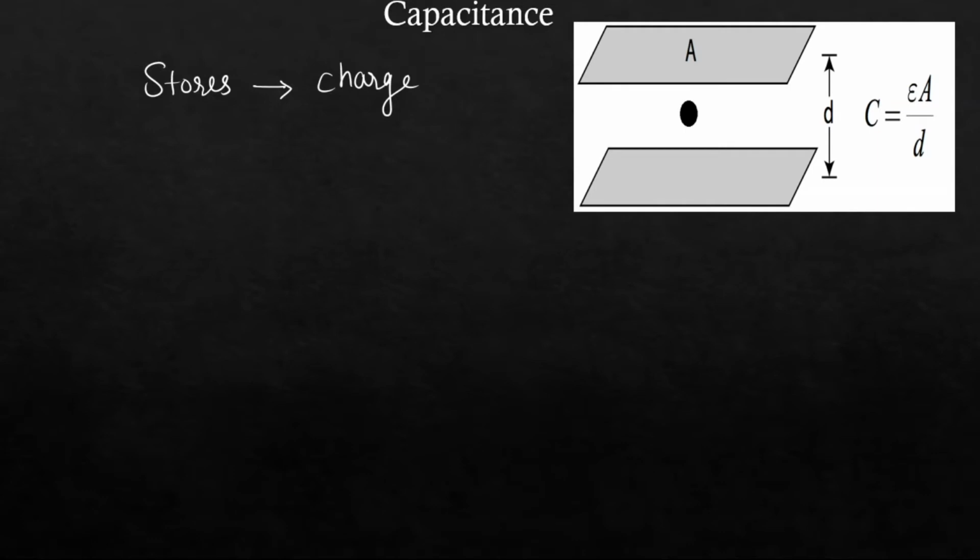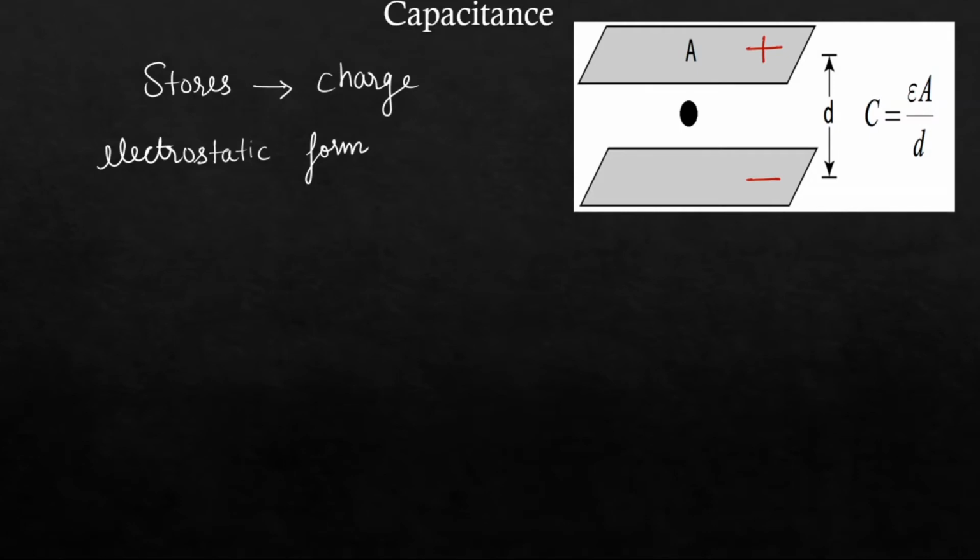A capacitor is nothing but a combination of two parallel plates laid out at some distance d. That is your capacitor. One plate will store a positive charge, another will store a negative charge. Now capacitance is basically storing energy in electrostatic form. As I told you, an inductor stores energy in electromagnetic form. It is storing in terms of electrostatic form.